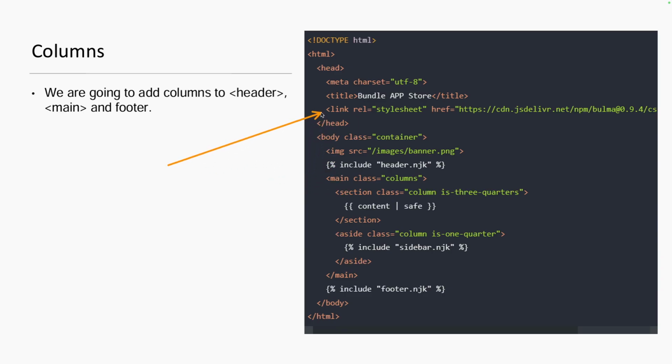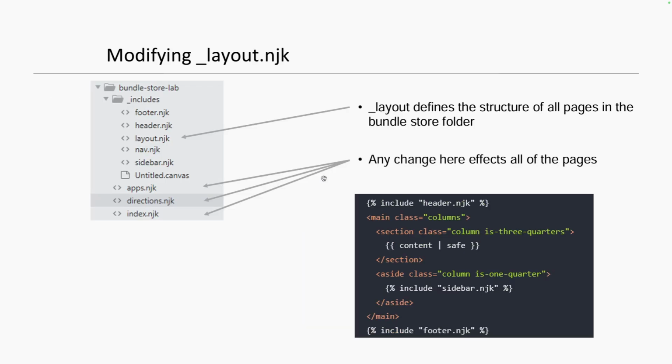And if we take a look at what Bulma we might have, up here we're linking in Bulma. Then here we have the class of container, which will just center our content and make sure it doesn't go the whole way across the screen because the screen is too wide. We have our columns. We have our column, which is 3/4. We have our column, which is 1/4. You can see we have our section and a side, and we have our main. So if we take a look and see what happens there,